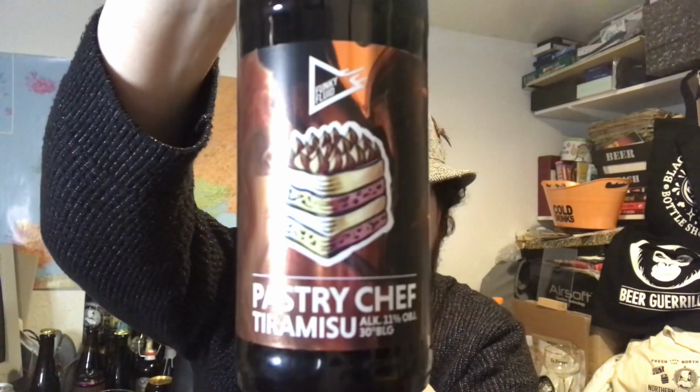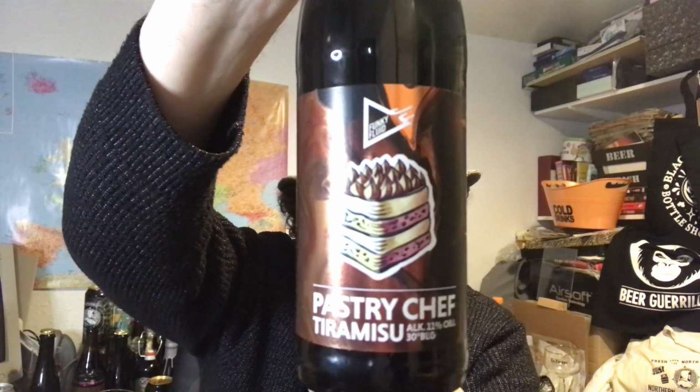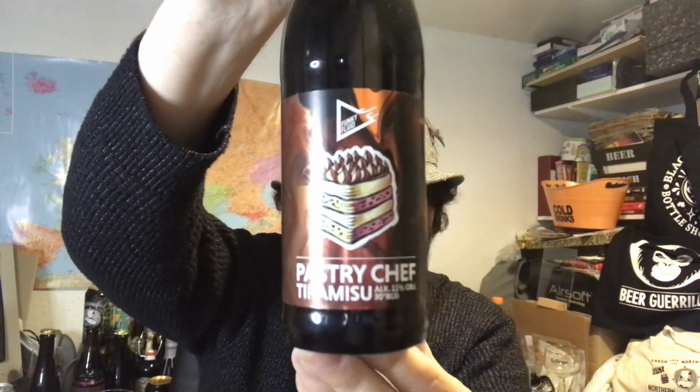This one is definitely different. It's from a brewery called Funky Fluid. They're out of Warsaw in Poland, and this is called Pastry Chef Tiramisu. It's coming in at 11% ABV. It's an Imperial Stout inspired by tiramisu, infused with Colombian cocoa nibs from Bisquid chocolate and dark yellow espresso blend